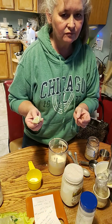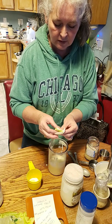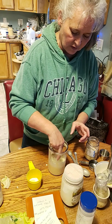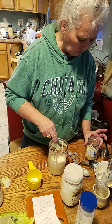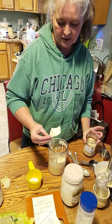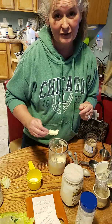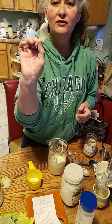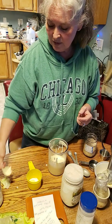It's actually a little saltier than I would like. And I have heard that sea salt is a little stronger than regular salt, or it may have just be that the salt is not mixed in as well as it should be in here. Or it may be that the kefir, if I had the full amount of kefir, it would dilute the salt. In any case, it's a wonderful salad dressing that you can use on the GAPS diet,